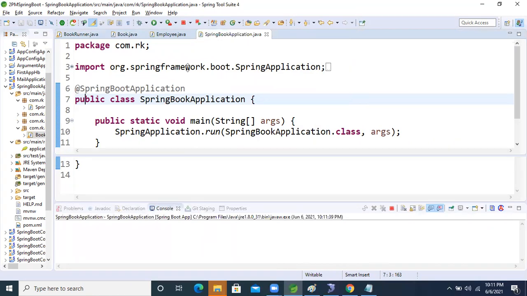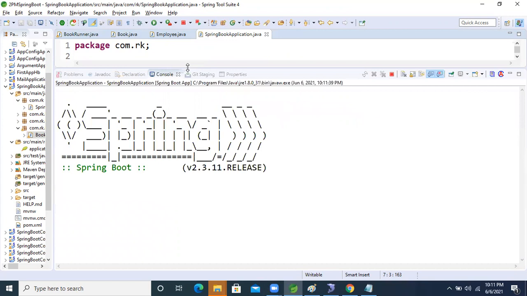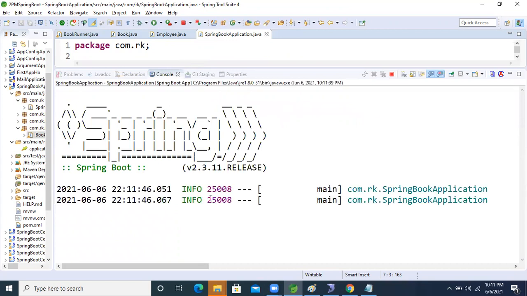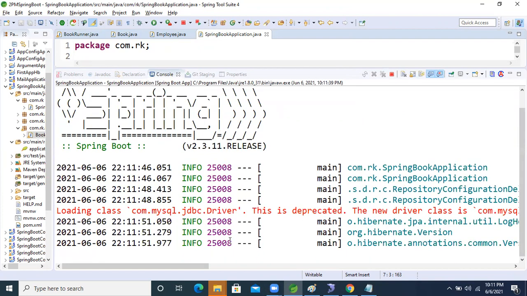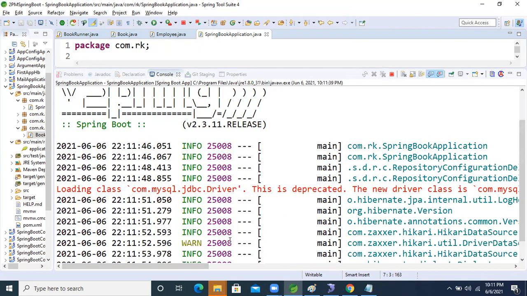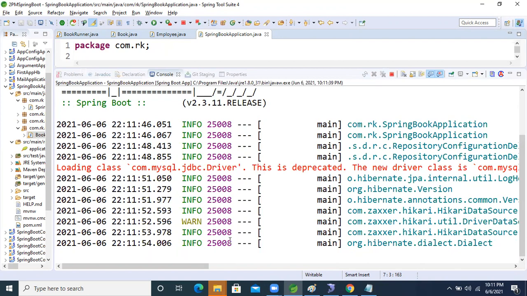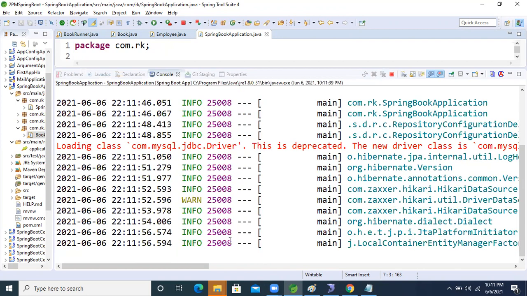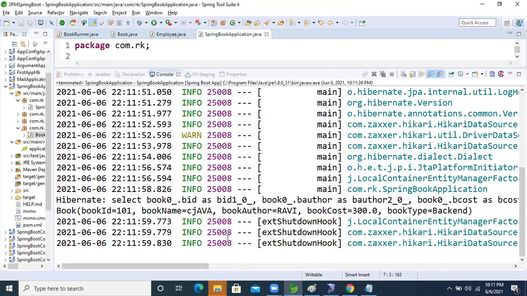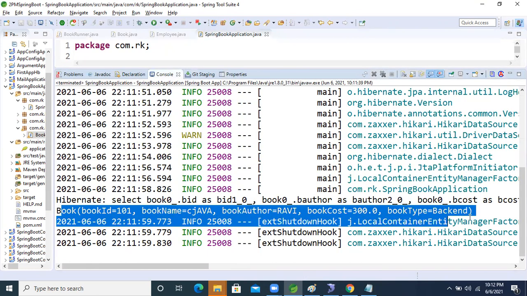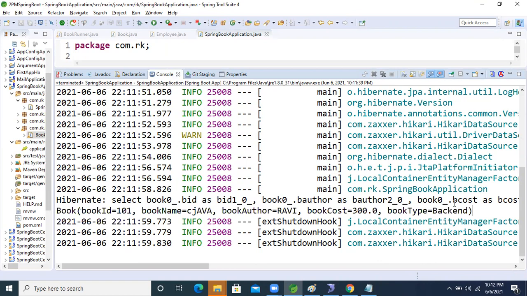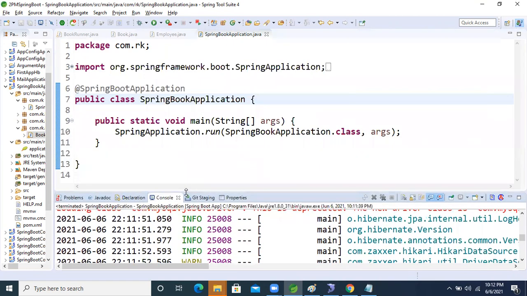Now observe the console, guys. Only one record we will get. See this, only the Ravi author's backend book we are finding now, right? Got the point now, guys?